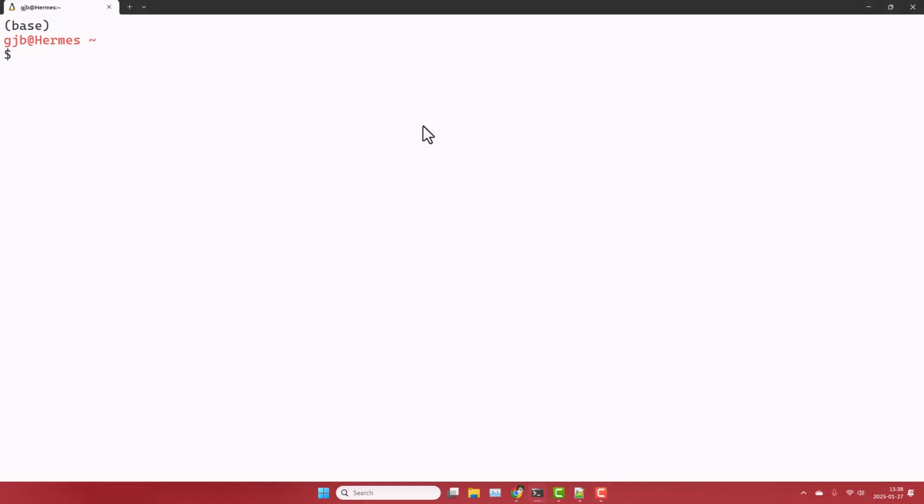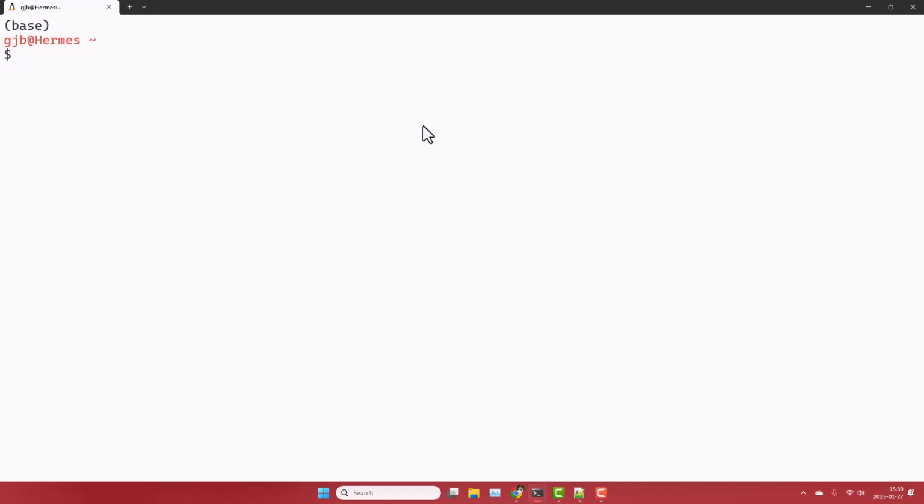Sometimes it's more convenient to have command line access to a tool like ChatGPT rather than having to switch to a web browser, asking your query, copying the result and going back to your terminal. So it's quite possible to do that. There is a very nice application which is called Shell GPT, and that allows you to query from the command